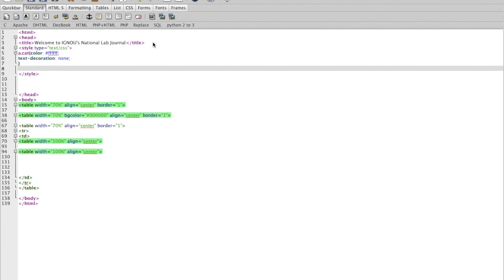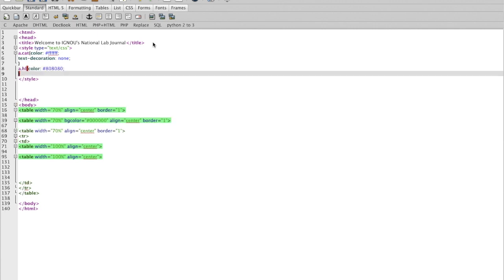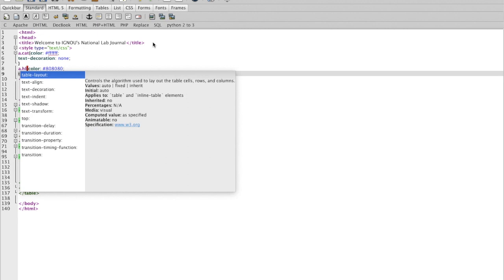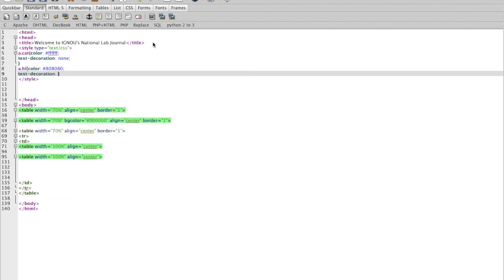And the remaining is A dot headline. You can see color is gray. Gray is 808080. Text decoration is